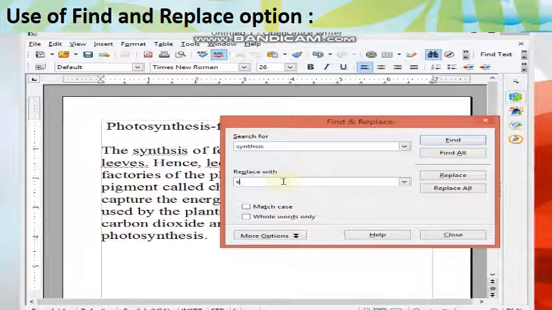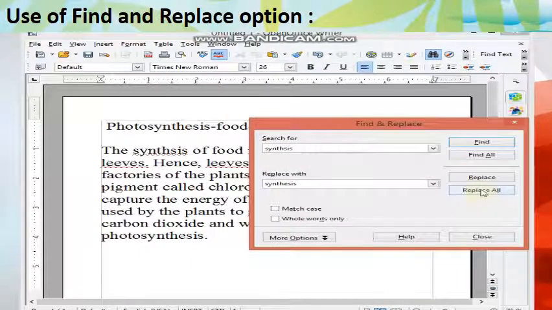The correct spelling is synthesis. So I will write it here, and you can click on Replace or Replace All. Replace replaces only one word in the paragraph, and Replace All changes the whole paragraph wherever needed. Okay, so I will choose Replace All.